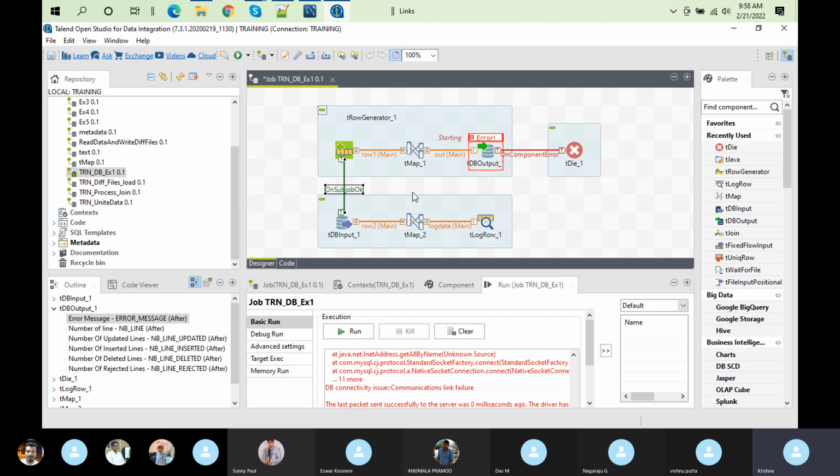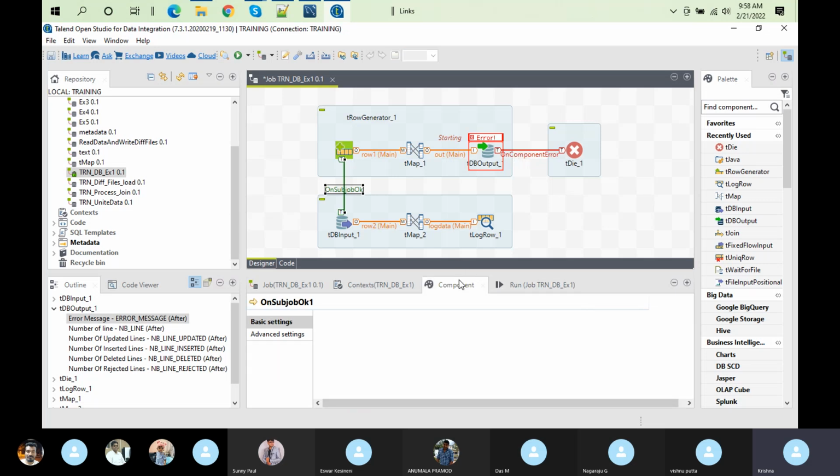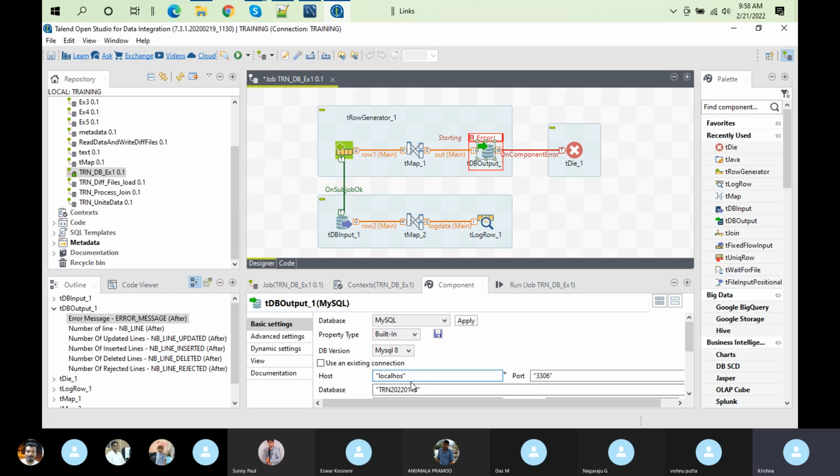There may be a mistake in the localhost. Right now we don't have any network issues, so we try to produce that kind of issue. For that purpose I made a mistake. Generally we don't make a mistake, but you may still get this kind of error, communication link failure,